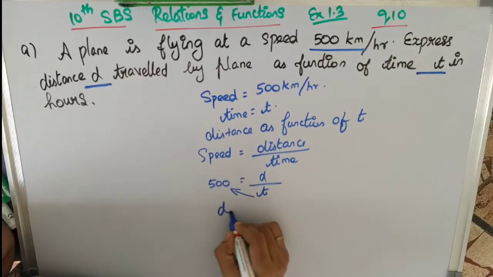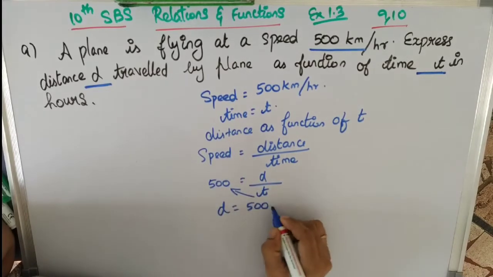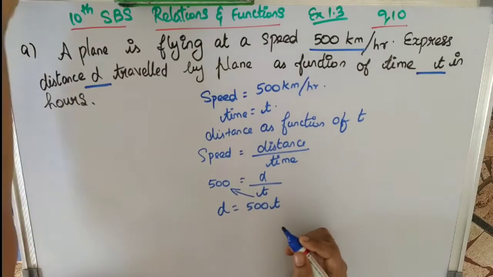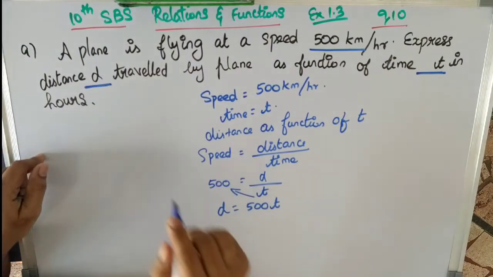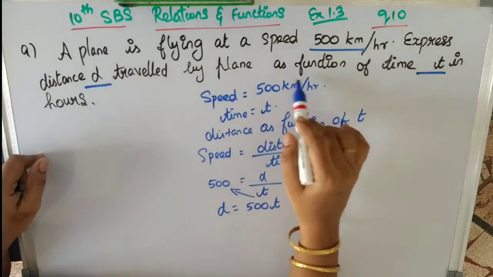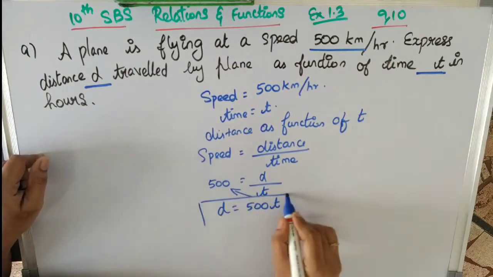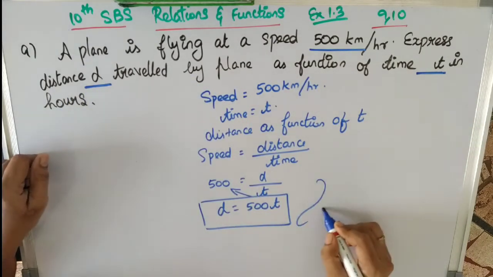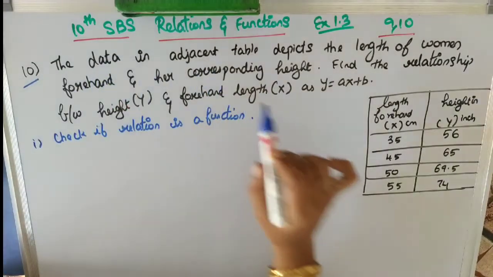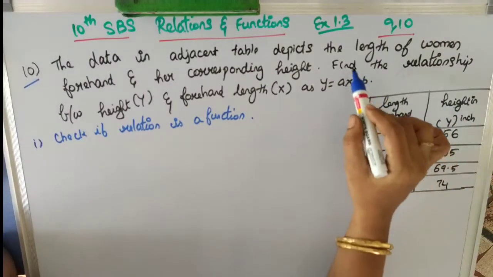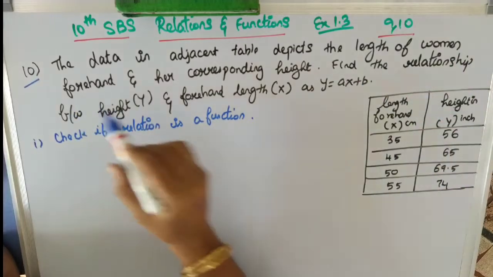So we are going to take t to the other side. So d is equal to 500t. So we have written the distance traveled d as a function of time, that is d is equal to 500t. Clear? Okay. Now the 10th question is, the data in the table depicts the length of a woman's forehand, that is